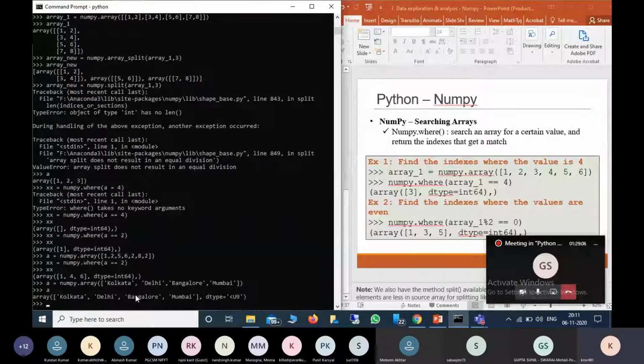A is these values. Now we can find whether, for example, Hyderabad is present in A or not. Same as before, xx equal to numpy.where(a equal to Hyderabad). Which value will it give?